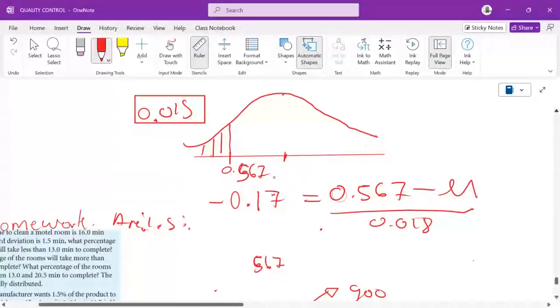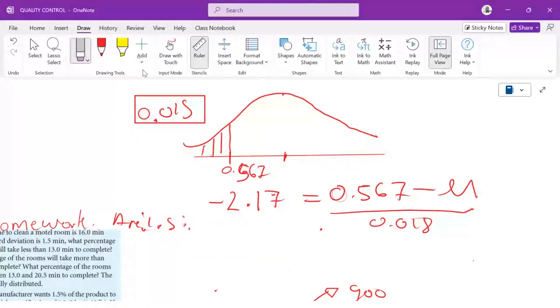Yeah, the auto-correct is doing its funny things here. Then that negative 2.17 we multiply by 0.018 of our standard deviation, and it's going to give us